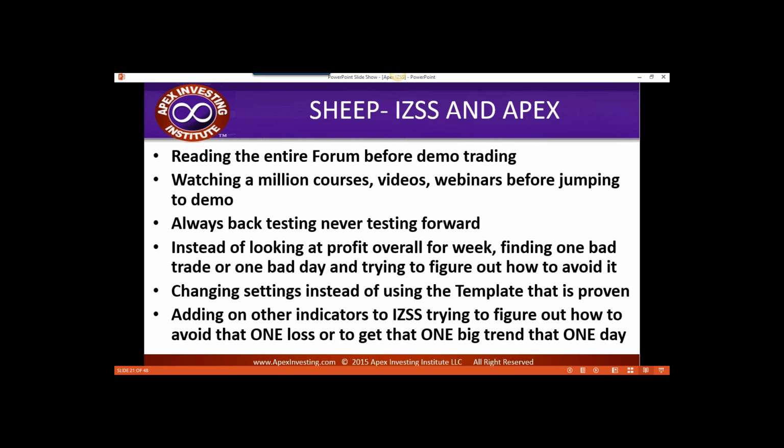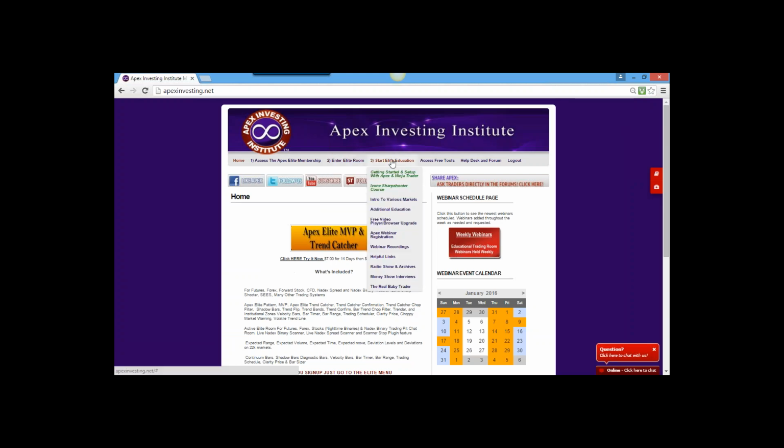How would being a sheep apply to Apex or to iZone sharpshooter? What are some of the mistakes that people would make? How can you identify yourself as an Apex member on this webinar, trading sharpshooter? Oh yeah, I'm a sheep. Well, first of all, thinking that you have to read the entire forum before you can start demo trading. I have to go through every single section and I've got to read the entire forum before I can demo trade. Or I have to watch every single one of these courses right here